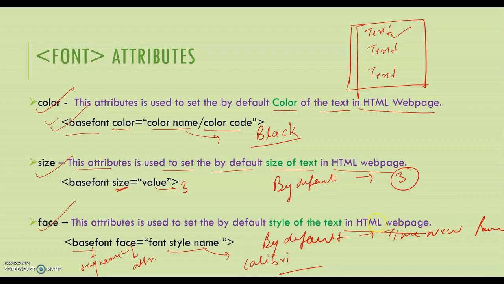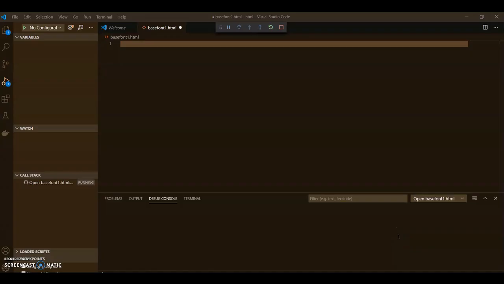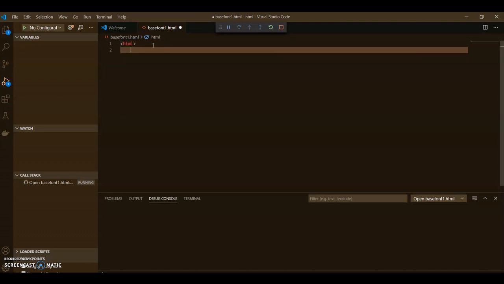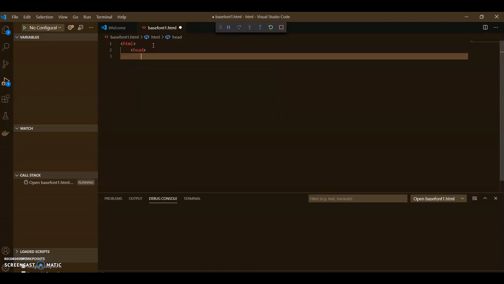Okay, so now come to the practical session. This is the practical session of the basefont tag. This is my Visual Studio Code, and I'm going to make a basefont tag. I'm defining the HTML tag, and after it the head tag. Under the head tag, I'm going to define the basefont tag that we discussed earlier. In the basefont tag, size, I'm giving my own default size, it should be 5.